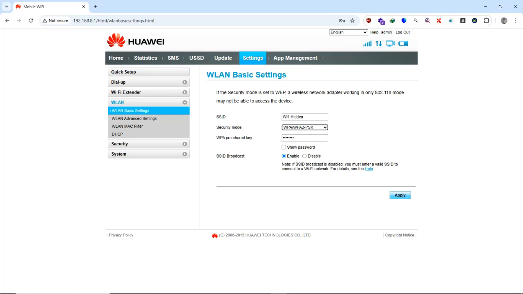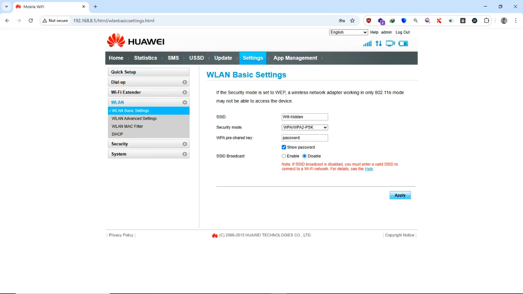And just to spoil you, this is the password. So I'm just gonna conceptualize this, saying they hid their Wi-Fi network and it also has got a password in it. All right. So here on the SSID broadcast, if you go to disable, you see that my router says: